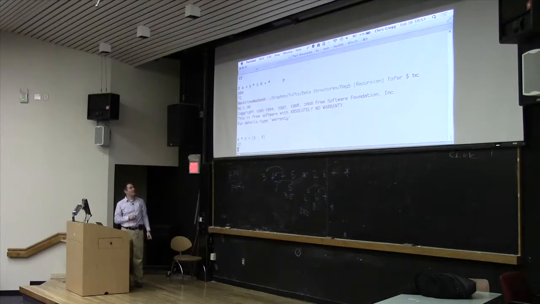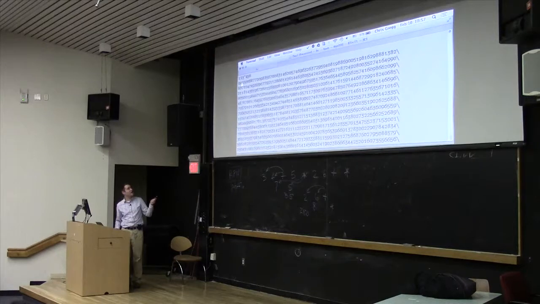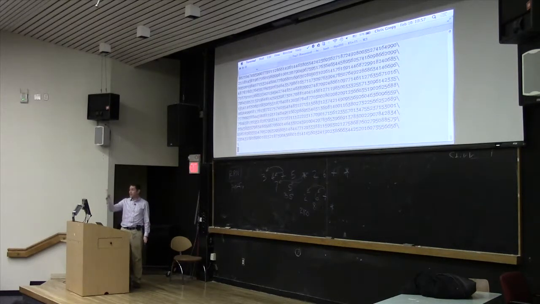Infix suffers from the problem that you have to know what to do first, whether you do the times or the plus or whatever, and then you have to have these parentheses. Not quite as fun. The nice thing about BC, though, is it will handle numbers as big as you want, which means it's got arbitrary precision, it's called, right? So if we do a huge number, like 123, Bruce gave me this example, raised to the 456, that's a pretty big number, right? Boom. That number just keeps on going and going and going, right? And it just knocks it out, because it's got the right code in there to actually use as much precision as you want.